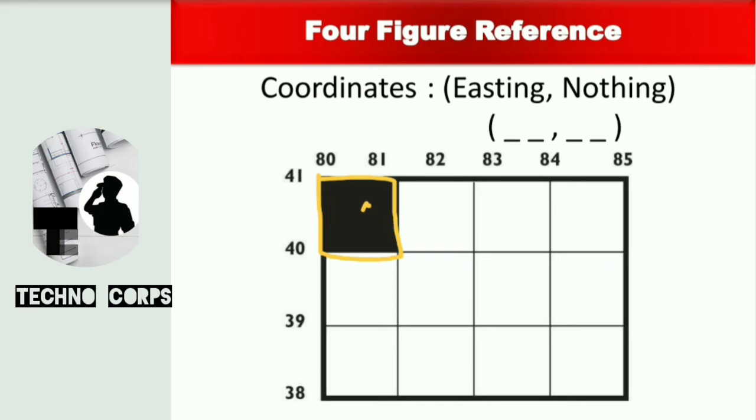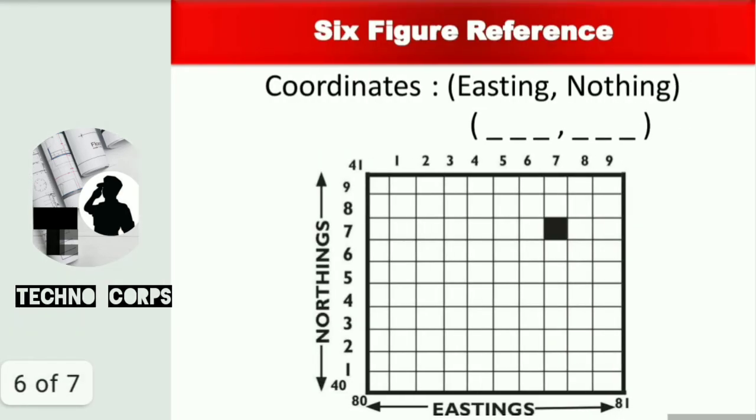So to locate that particular point, what will I do? I have to subdivide this particular block into 10 equal parts in the northing line, similarly as well as in the easting line. By dividing it into 10 equal parts, I can confine the given area into a very small area, and then we can give the address of that particular point, right? So that method is termed as what? This 6-figure reference.